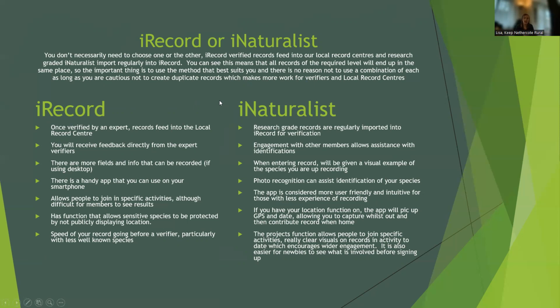And because our specific aim is to get the records to the local environmental record centre, that suits our purpose. But as I say, iNaturalist is lots of pictures.